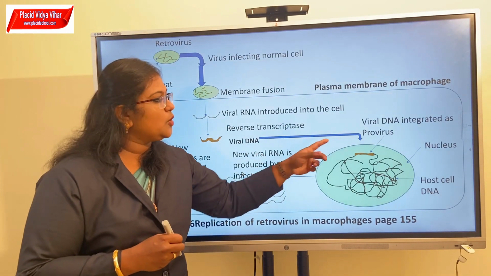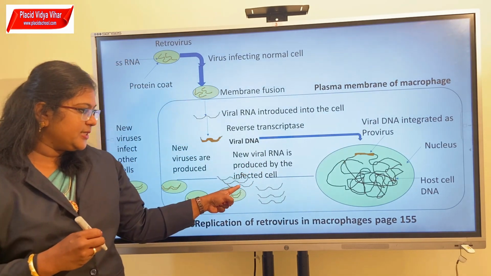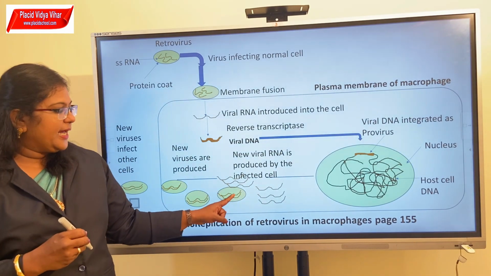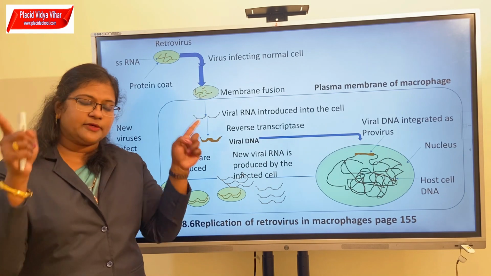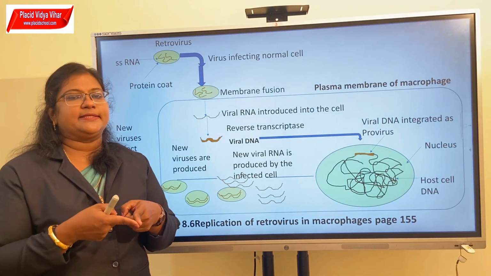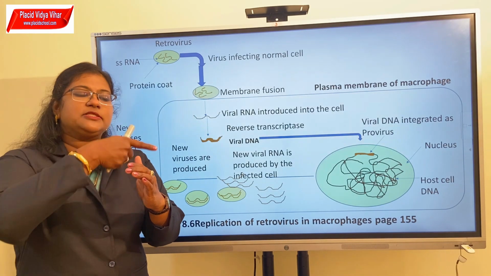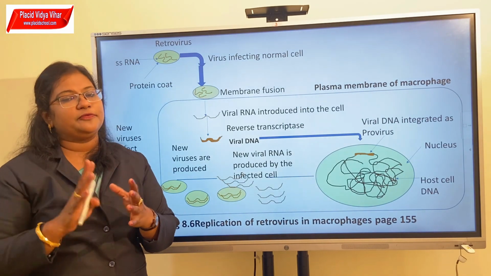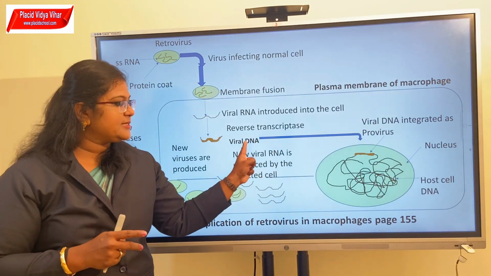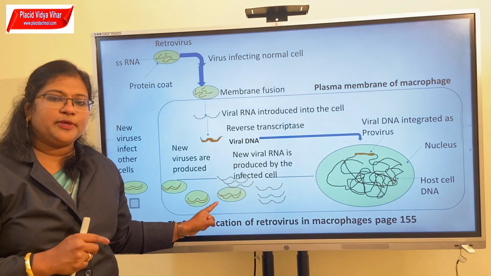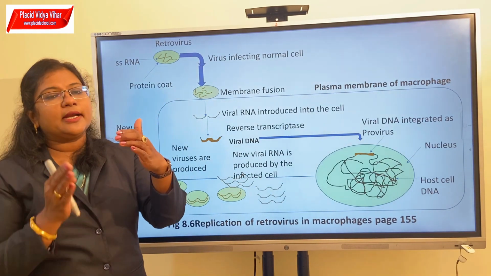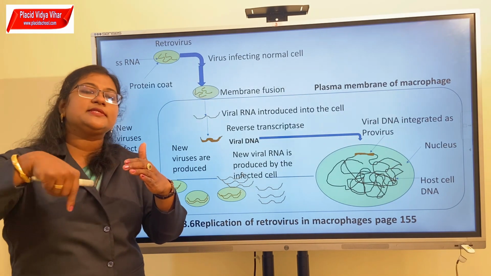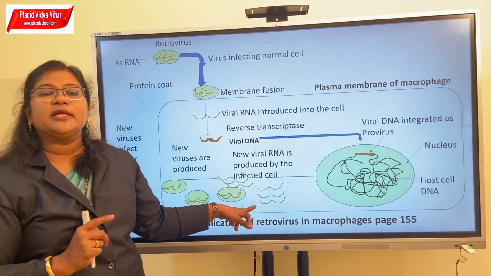Now certain triggers will cause the virus to translate its proteins. That means RNA is also produced, proteins are also produced simultaneously. And the proteins means the proteins which are present on the surface, the coat protein, capsid, etc. Okay? So the RNA which is produced from the virus will be surrounded by these proteins, and assembly of viruses will take place in the cytoplasm of the macrophage. So DNA will be transcribed to RNA and also translated into proteins. Both will take place simultaneously. And the two single-stranded RNA molecules will get packed as in a virus. This process is known as assembly.